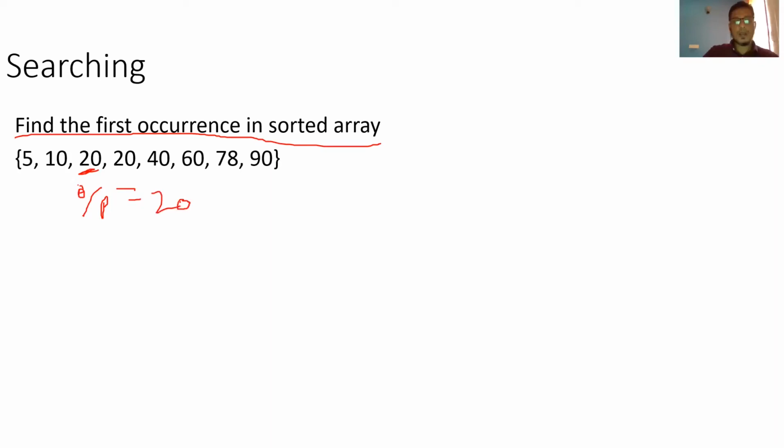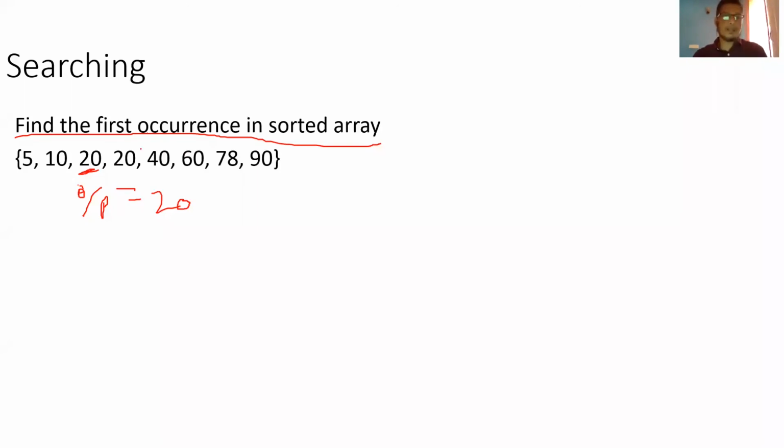First occurrence of 20. How can you do that? How can you find the first occurrence? You can use the iterative way. Consider the array sorted. Just remember that the array is sorted; otherwise, things will become very complicated. Basically, binary search and then move to the previous element. If that element is the same, then again move to the previous element. Yeah, that is the right answer.